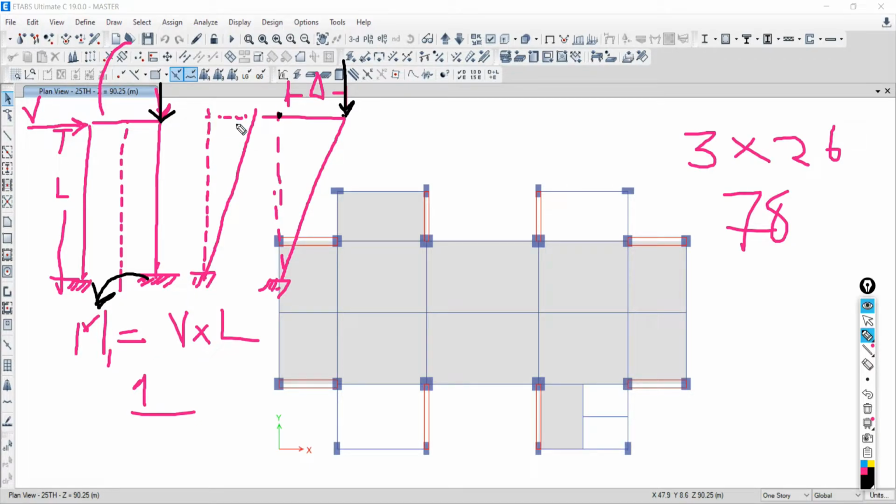In the second case, due to application of this lateral load, your building is going to be shifted in the direction of the applied load by a certain displacement value that we call big delta, because it is the structural result. But the secondary effect is this: at this point, whatever moment is there due to this load is the primary moment, and the secondary moment M2 will be equal to what?